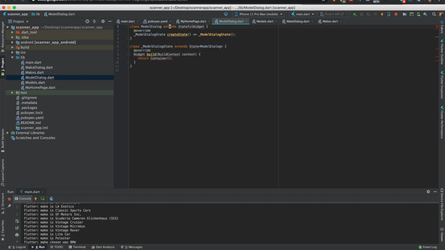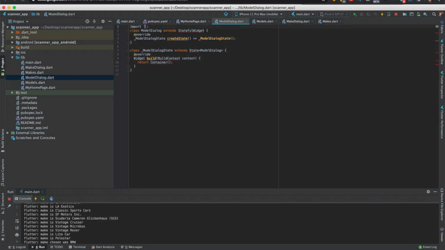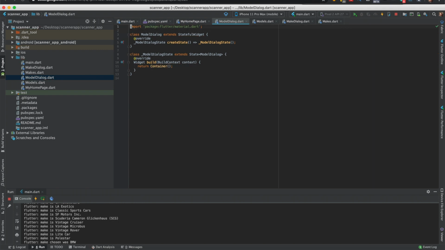It's complaining right now because you need to import material, or you can import Cupertino too. But yeah, that's a later episode, I guess, video. All right, so instead of returning container, I'm gonna return dialog,